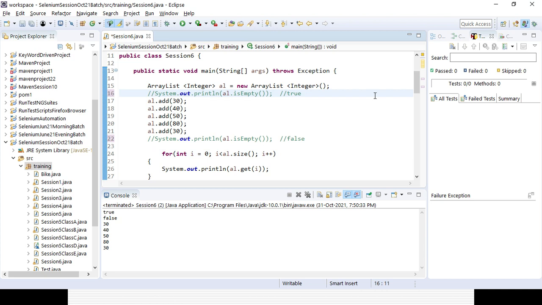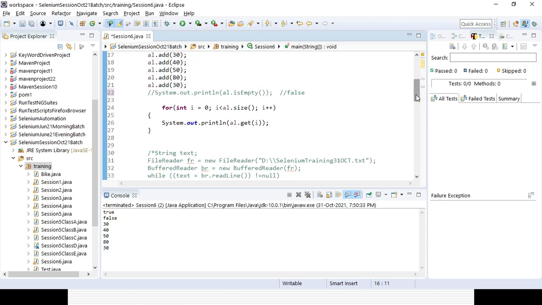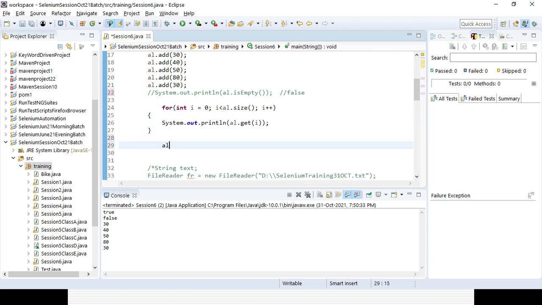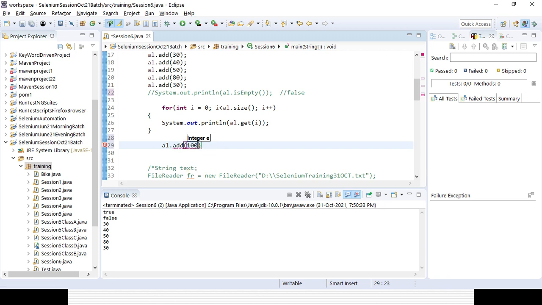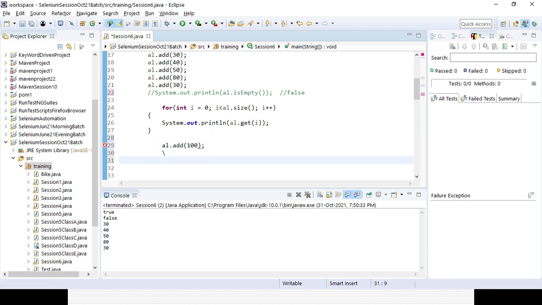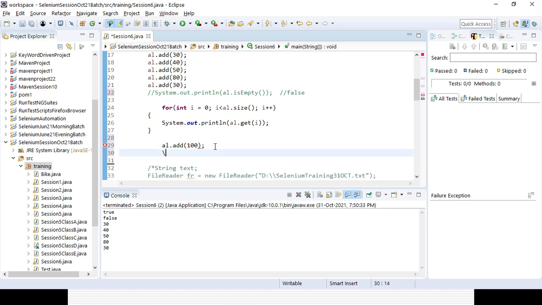So al.add, I can add a few more values, suppose say 100, al.add 200.